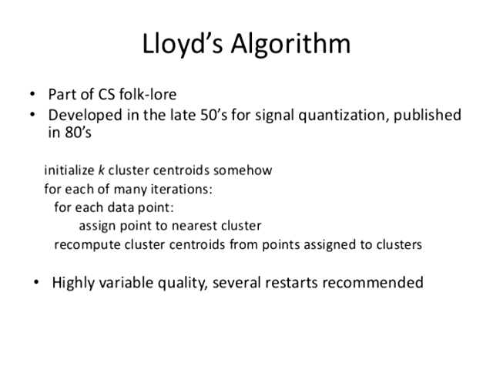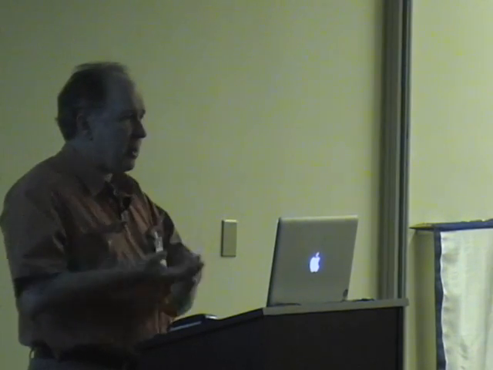This is just the one that everybody knows, and that is start with k starting points, new centroids for the data, and repeatedly assign each data point to the closest. And then find the new centroids, and yada, yada, yada. Off you go. Now, it gives you radically variable quality, sometimes wonderful, sometimes horrible.